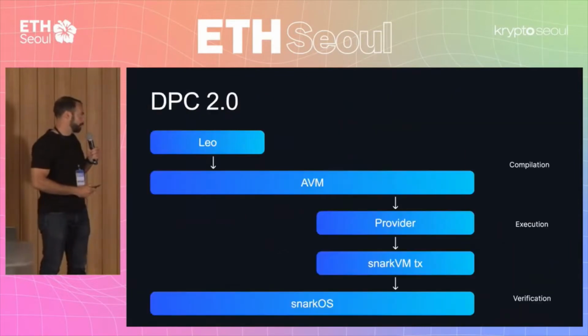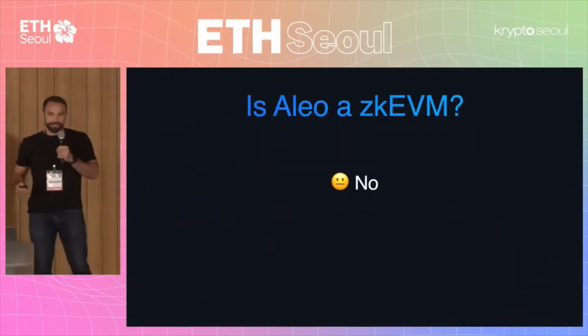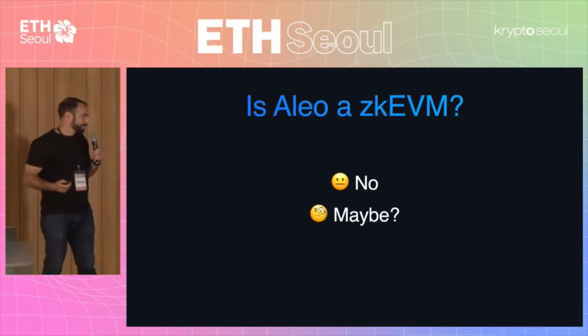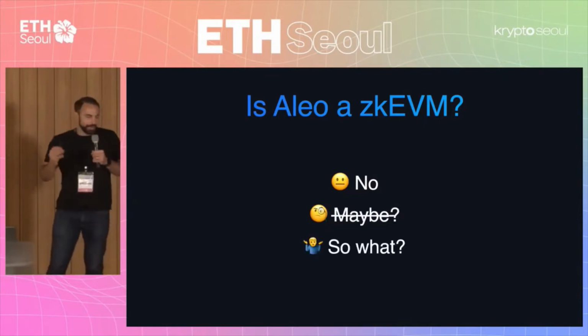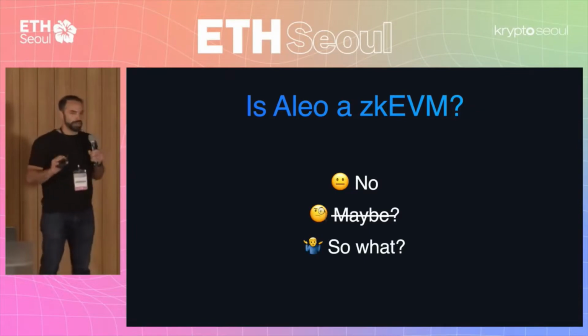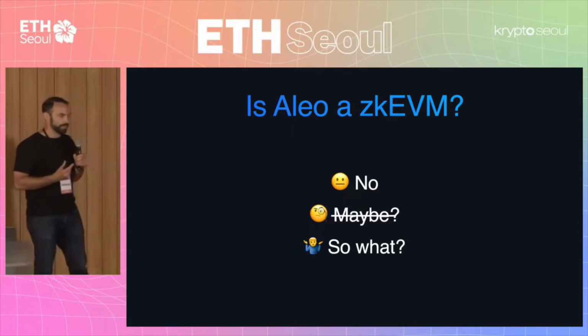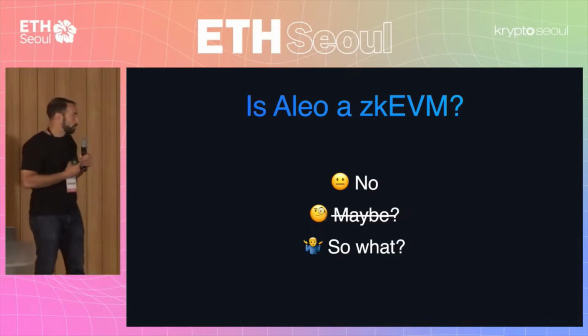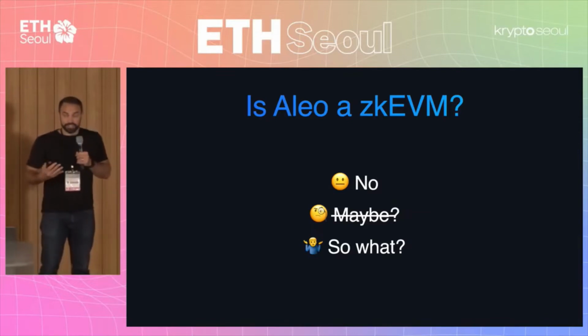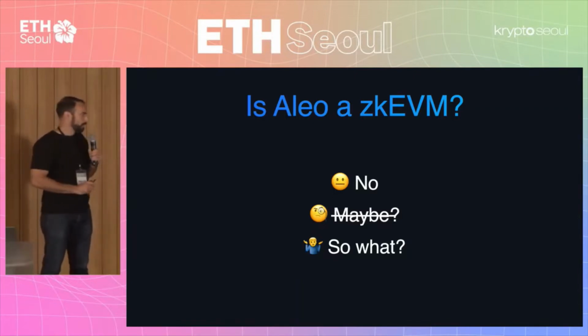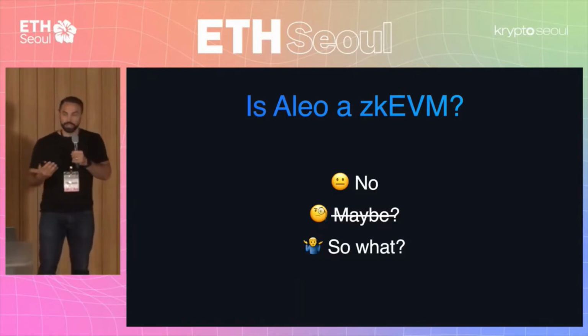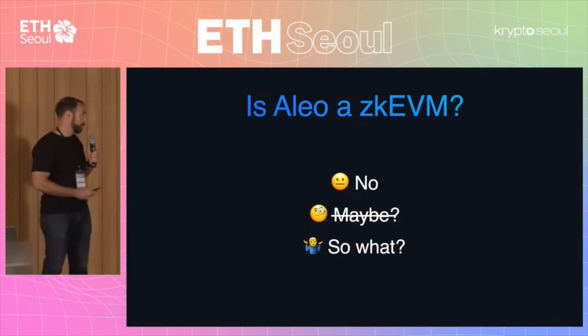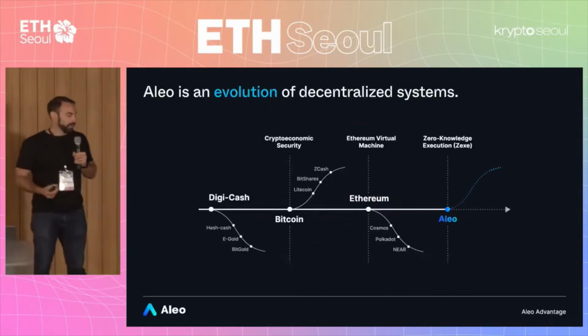But okay, so now back to the question, is Aleo a ZK EVM? Maybe, although I still would say not really, right? What's the whole point of a ZK EVM? What do we care about here? Why is the EVM important? The EVM is important because we want general programmability on chain, right? And so what I define Aleo as is a platform that uses a ZK VM. The E part here I think is extraneous because what we ultimately care about is computing programs on chain using zero knowledge.